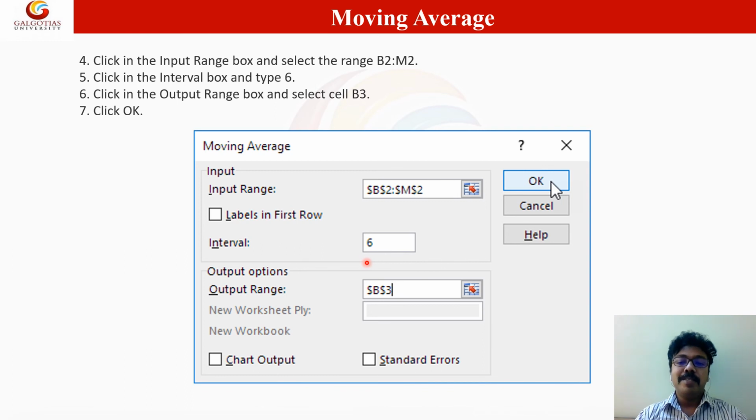It will select those values based upon the interval which you have given, and the output range should be set. If you want to see the output in the Excel sheet, you have to give the cell number which will be used for showing the output.